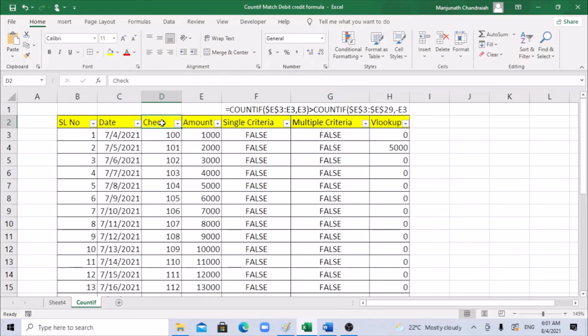It's not that there is only one criteria; I used only check number. You can use the vendor number. With COUNTIFS you have multiple criteria, and you can do the same thing I did here. You can add vendor number, so you can knock off the amounts based on multiple criteria. But do remember, it knocks off based on the amount. If it's 100, there should be a minus 100, then it knocks off the amount.